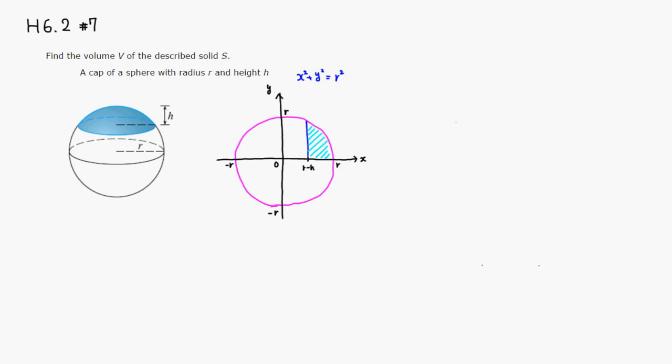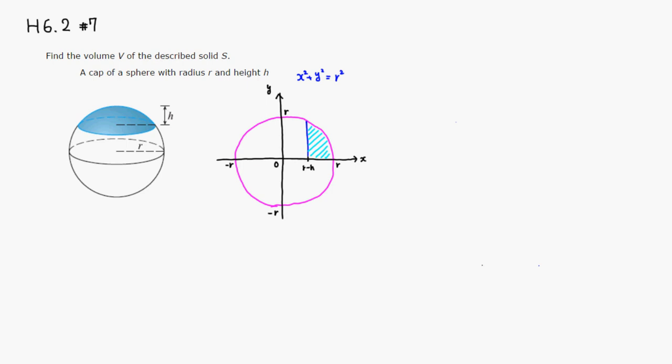All right, let's look at homework 6.2, problem number 7. Let's find the volume of a cap of a sphere with radius r and height h. I'm going to use the